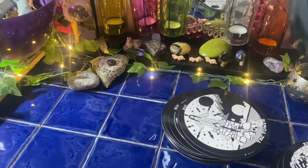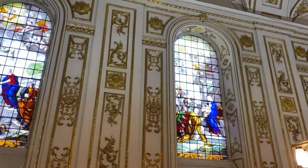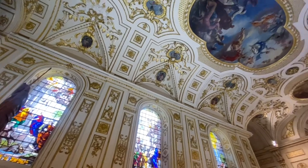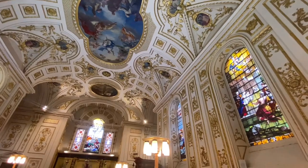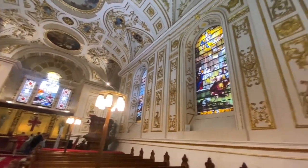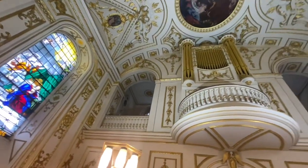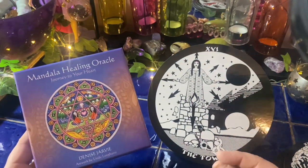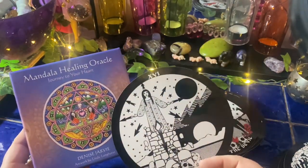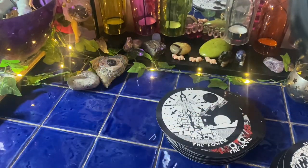Wow. Okay, this is a wild card because this is inspired by the stained glass windows and the circular paintings in the church that's joined on to Witley Court. It was such a juxtaposition from the building that was derelict to this incredible church building. It was like going from black and white to colour, and because this is a circular deck, this is a Mandala Healing Oracle by Denise Jarvie, I thought, could we put a juxtaposition of those two sites together? Could we